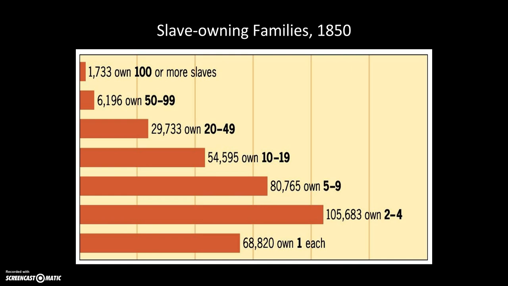But that makes sense because, of course, slaves are expensive. Now, they of course are property at this time, legally speaking, and you don't have to pay them labor like you would, say, an employee, but at the same time you do have to pay a pretty substantial down payment, an initial payment to acquire the slaves. So that's why you're going to see maybe most families have enough to buy 1, maybe 2 or 3, but only the social elite, those planting aristocrats that we just talked about, are going to have enough to own more than 100 slaves. And that little top bit there is what we're talking about really when we're talking about these planter elites, these aristocrats.